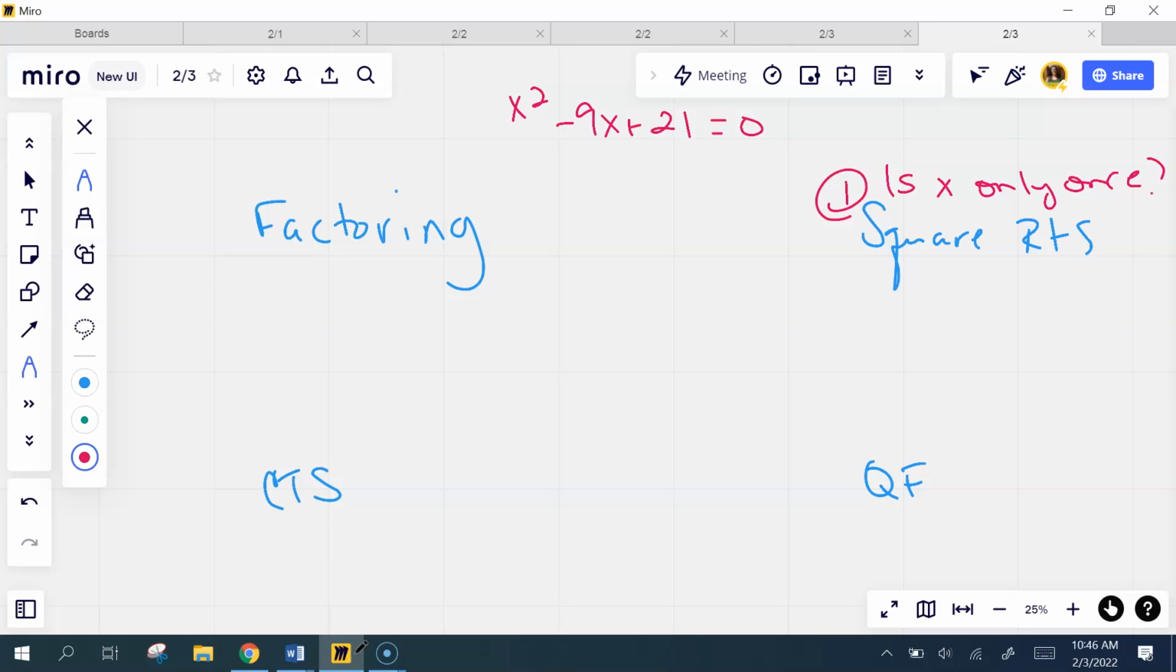The second one I would check is factoring. Can you factor that? I hear yes, and I see some no's. Can you think of anything that multiplies to 21 but adds to negative 9? No, so factoring's out. The next thing I'm going to look at is complete the square, but whenever I'm deciding,